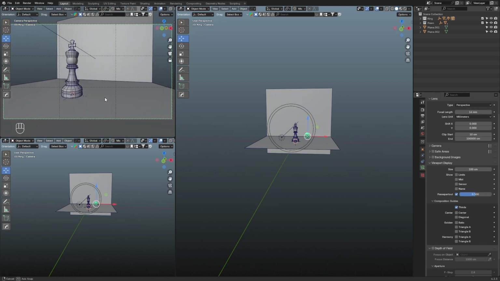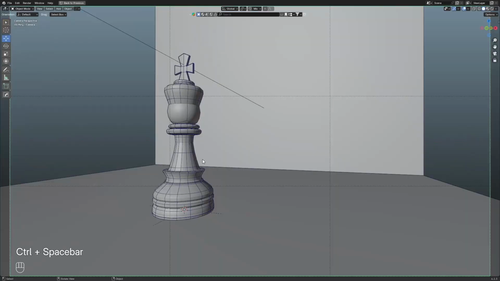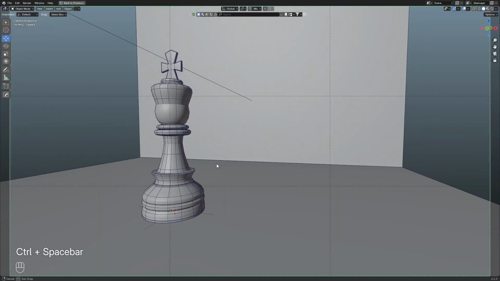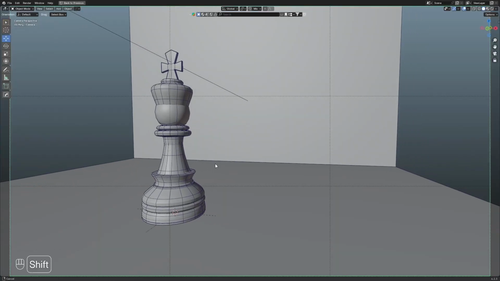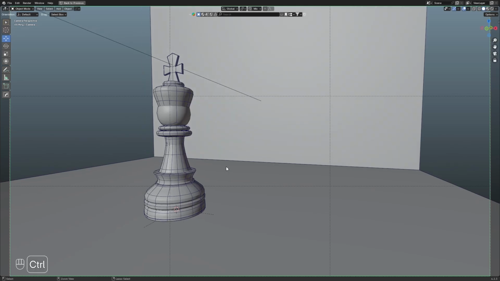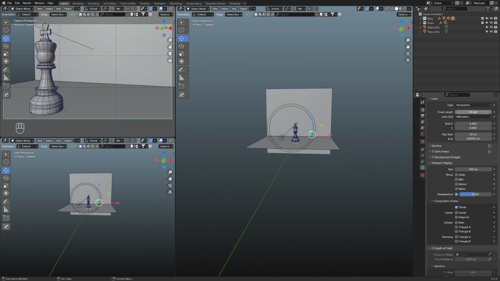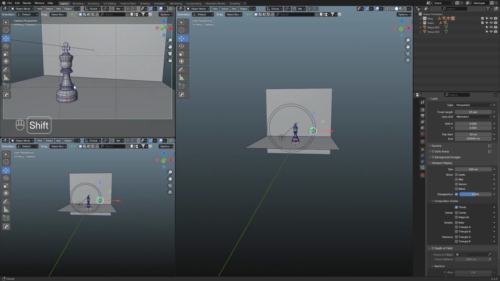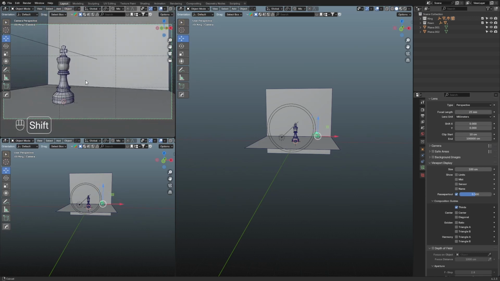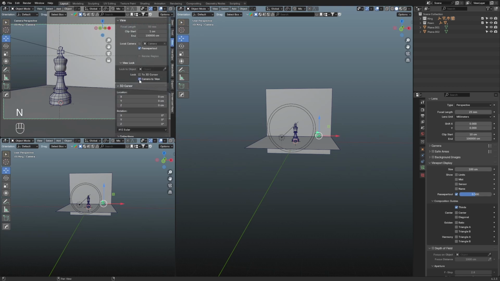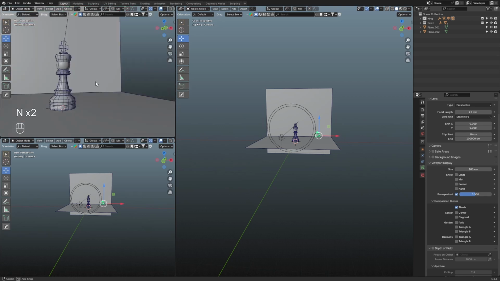This looks a bit wonky, and I'm kind of happy with it also. Okay, nah, 16 is looking too shabby. Let's just go 25, something like this. And we can lock in our camera by disabling Camera to View, and now it won't